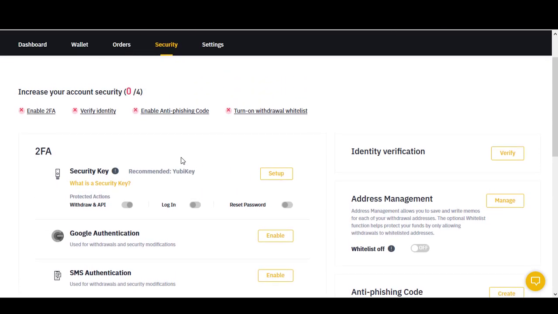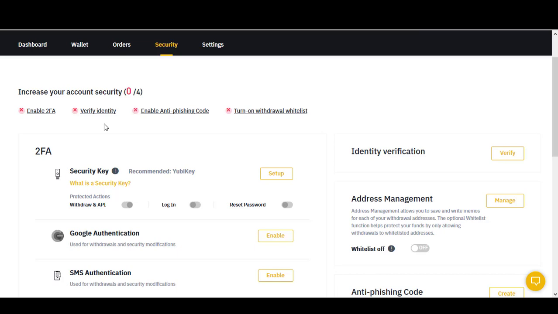So I can just talk you through it. It's not difficult. All you would have to do is click verify identity. It'll take you to a page where you will either have to upload an ID, photo ID. So it's either a passport or a driver's license, and you will just have to key in some information about yourself